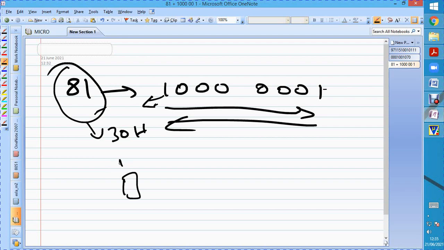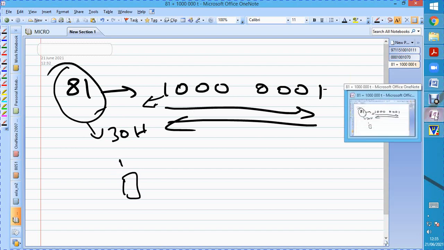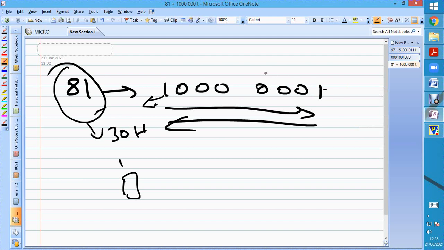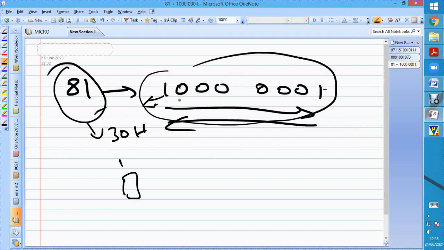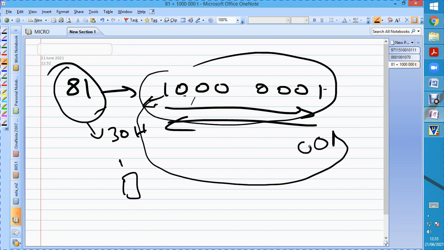Along with the carry, we move the contents of the accumulator to memory location 30H. So here we are going to reverse the entire number. 1 will be entered here, and this 0 will come here, this 0 will come here, 0, next this 0, 0, 0, 1. So we are going to reverse the entire bit pattern.